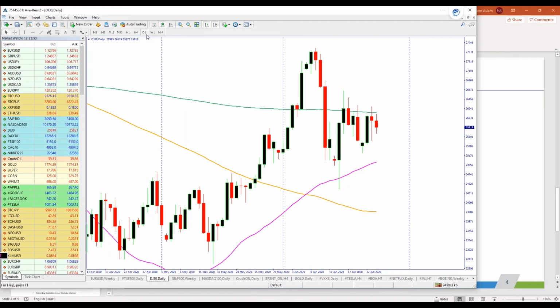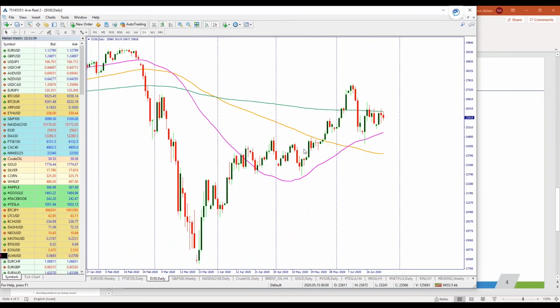Now, when we switch to a smaller time frame, your daily time frame, what we're really looking at is again the same moving averages, but the change from weekly to daily moving averages. For those of you who are long, you have very much support from the 50-day moving average because the price is still trading above it. But if the price starts to fall below the 50-day moving average, then you may want to reconsider your positions.